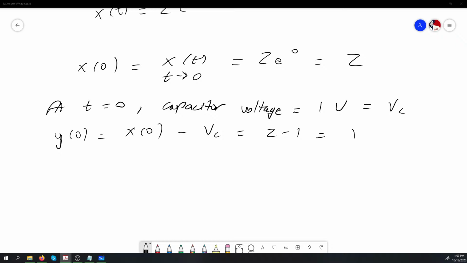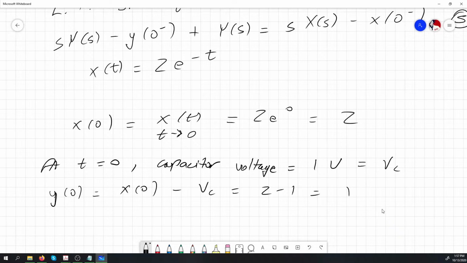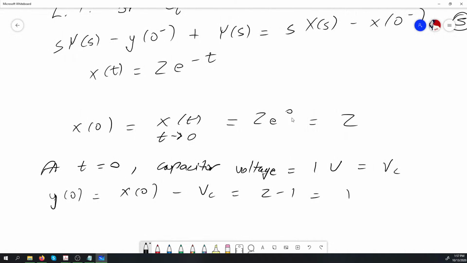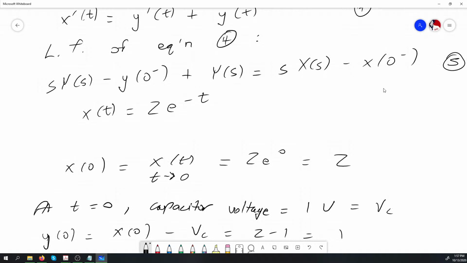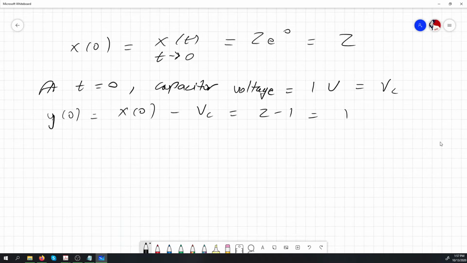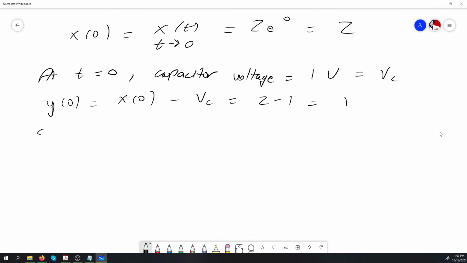So now we actually have values for x naught here and y naught here. We can substitute these x naught values and the y naught value into the equation above, equation 5, to obtain our actual Laplace equation as such. So substituting x naught and y naught into 5,